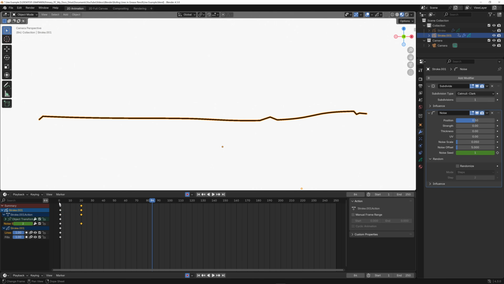So personally, I prefer this method. I feel like it gives me a little more control than using random, but either one will give you the effect you need. So if you're looking to use a line boil technique in your next grease pencil animation,